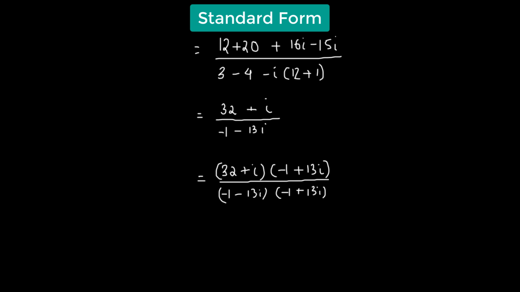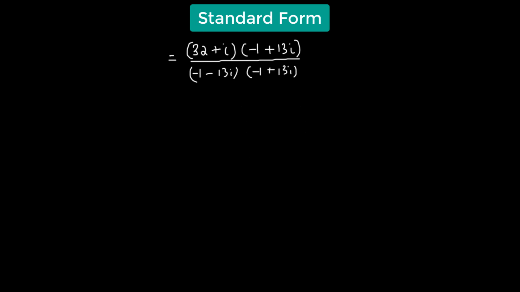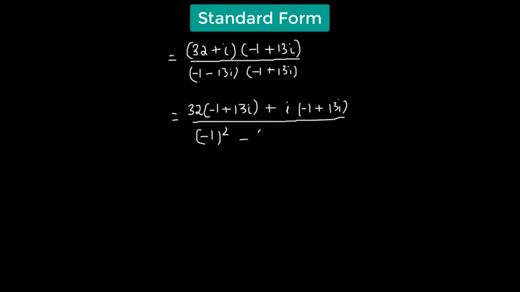Then we perform the multiplication, so that should give us 32 times -1 plus 13i plus i times -1 plus 13i divided by -1 squared minus 13i squared,